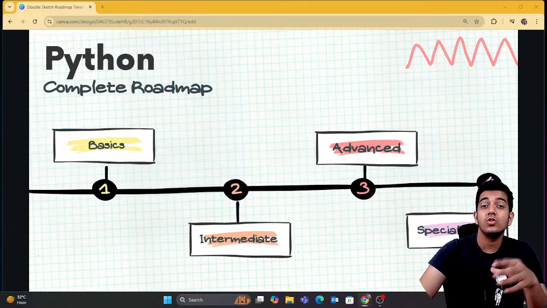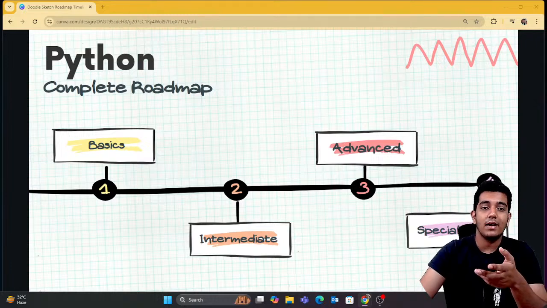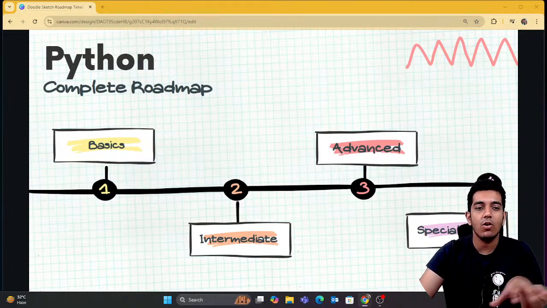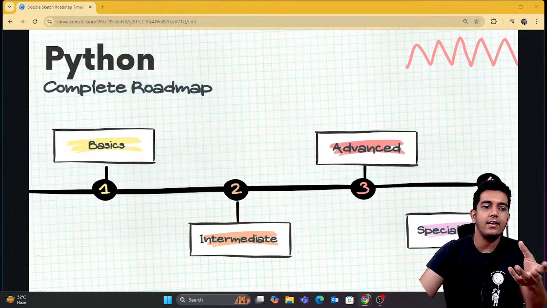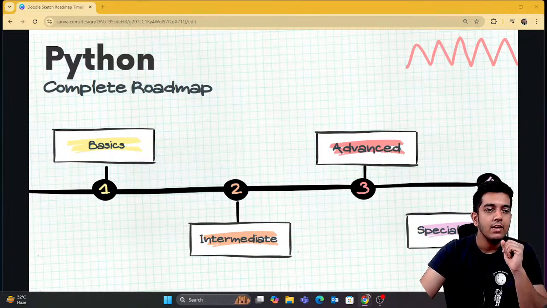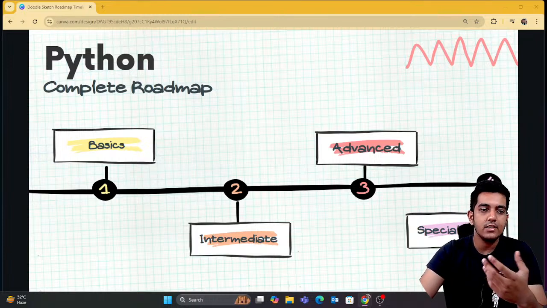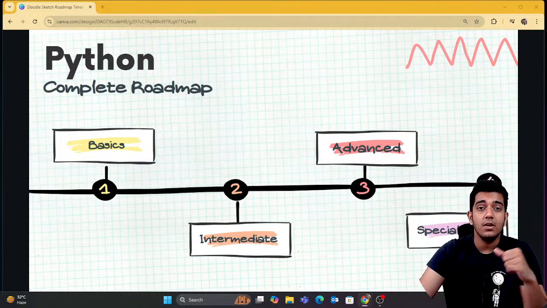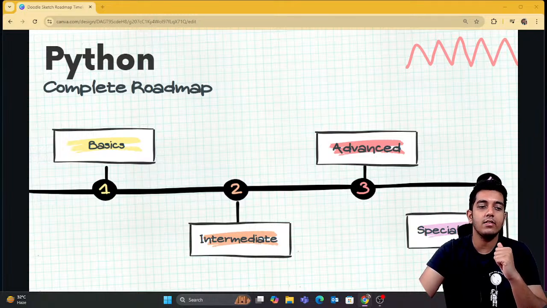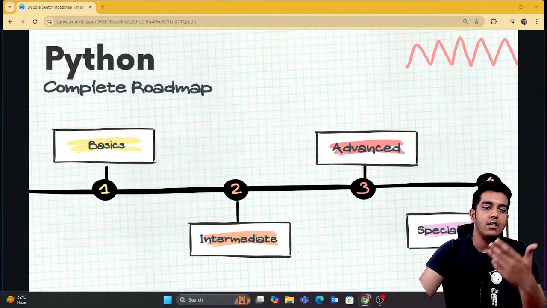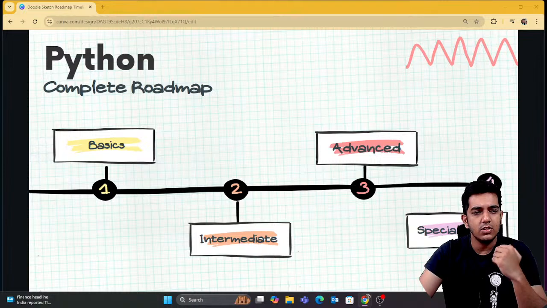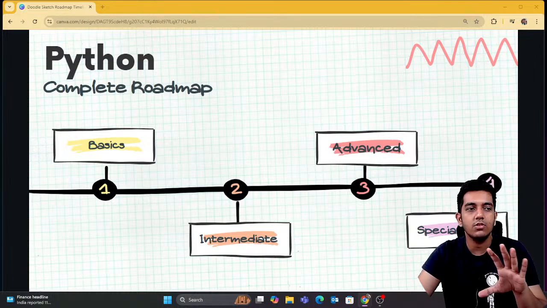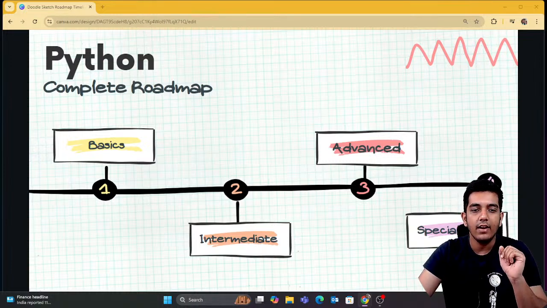Then we can say Python is also useful in cyber security. Python is widely used in cyber security for testing, network scanning, and analyzing malware. Then guys, we can build GUI applications. Then we can also use it in blockchain and cryptocurrency. Python is used in blockchain development for interacting with cryptocurrencies, and we have libraries like web3.py or PyEthereum, right? So it's widely used. You can see lots of uses of Python are actually there, right?